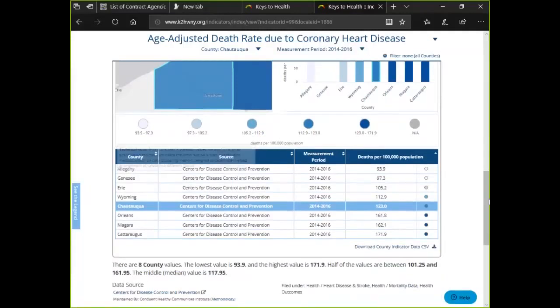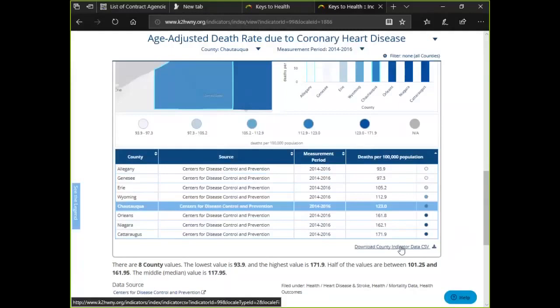Right below the bar graph is also a table if you'd like to see it in a table format, and if it makes it a lot easier for you to visualize. This table provides you with the names of the counties going from the lowest to the highest, and it provides you the county, the source, the measurement period, and once again the measurement indicator. So if this table is something you're also interested in, you can always download the table as an